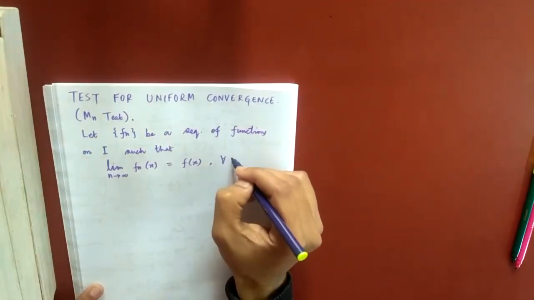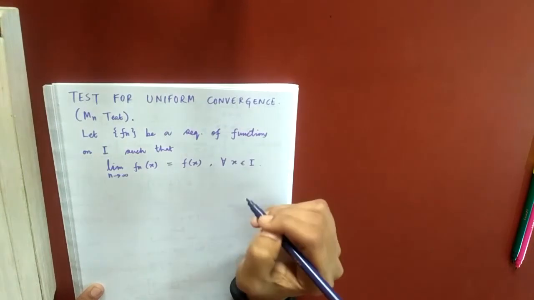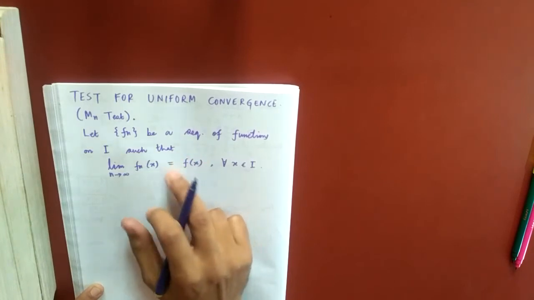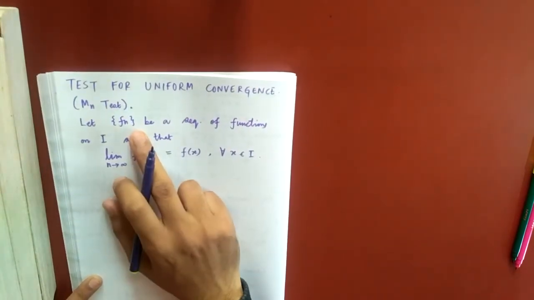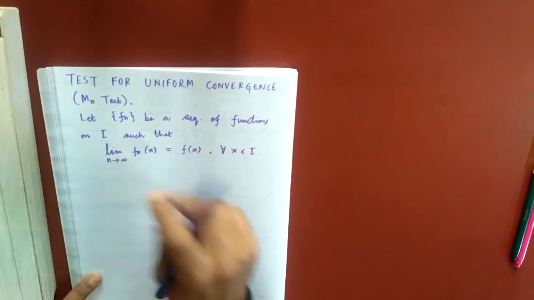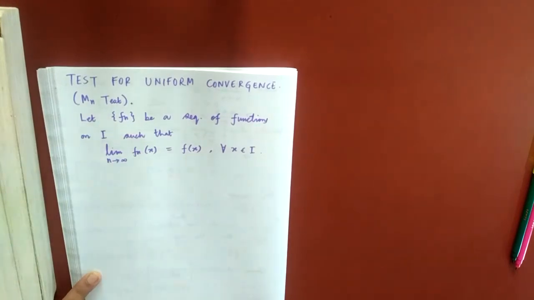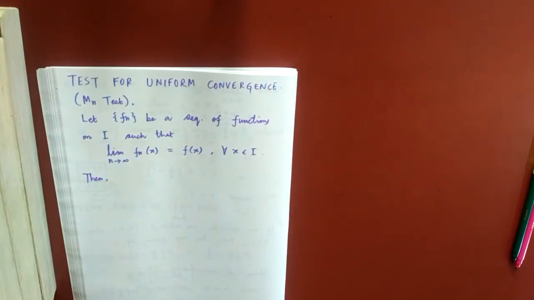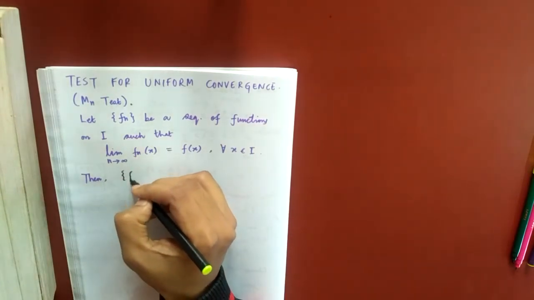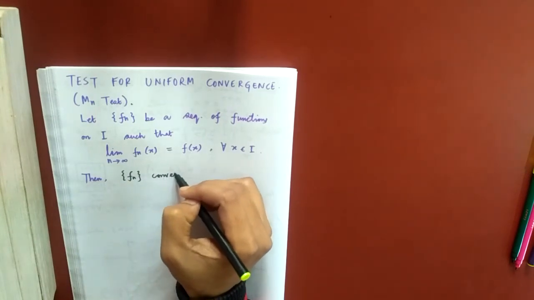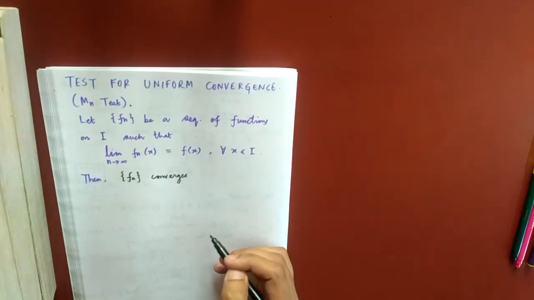That means you have to first find the pointwise limit. That is what they are saying, such that the pointwise limit is f(x). So I have a sequence of functions. I have to check the uniform convergence on I, and the pointwise limit on I is f(x). Then the test says this: Then Fn converges uniformly on I,